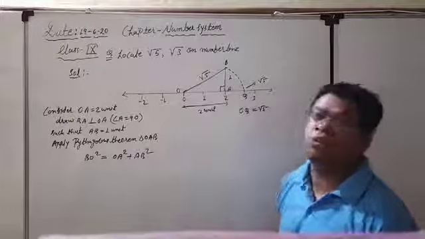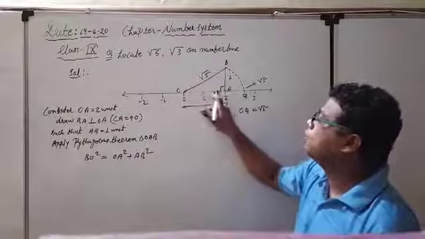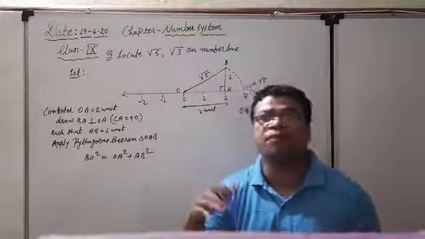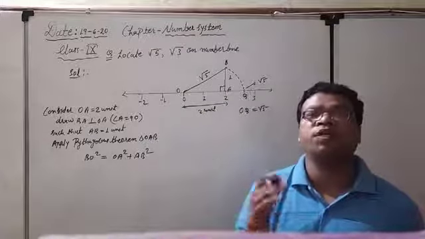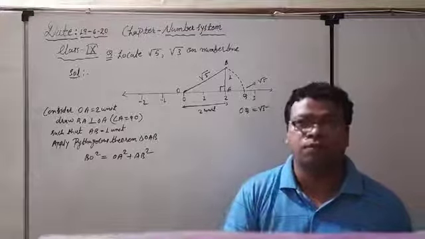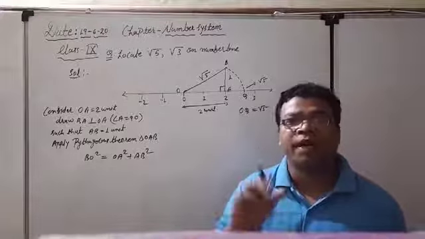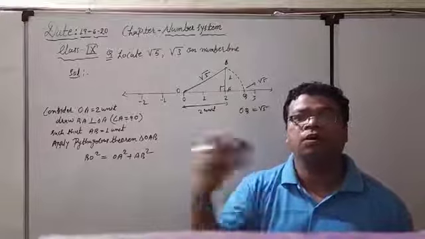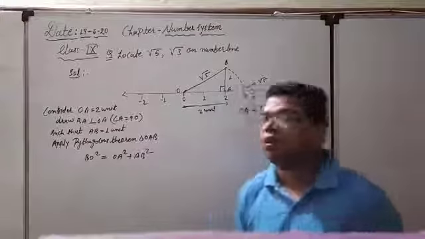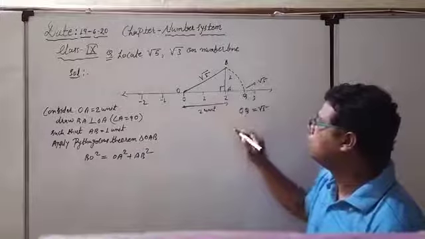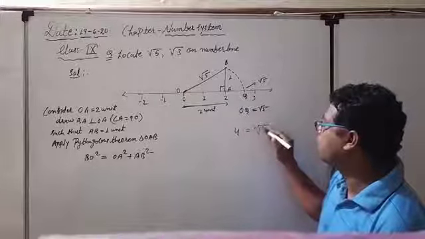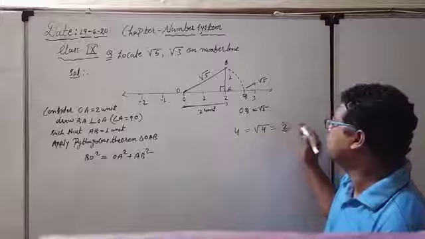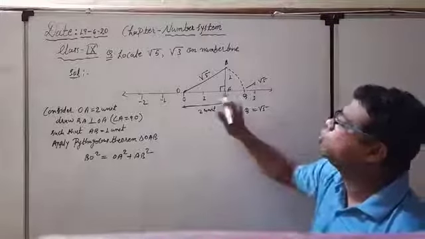For reaching root 5, we want to know that root 5 comes after which perfect square? It is coming after 4. 4 is a perfect square number, and it is coming after 4, 5. So what we have to do, we have to consider the 2 unit. So what is the square root of 4? Square root of 4 is 2. So first we have to consider the 2 unit.